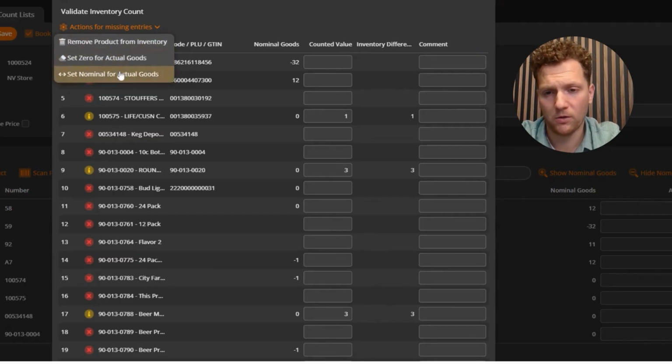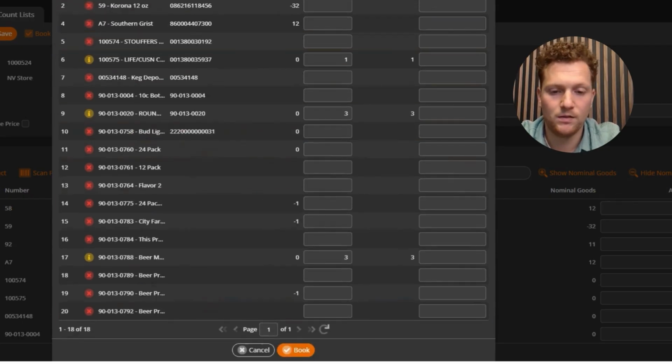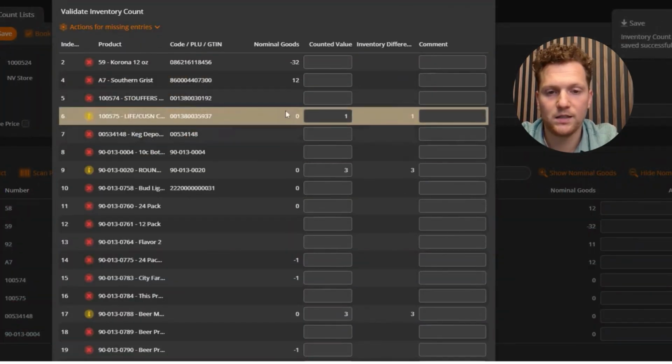This is especially useful for certain use cases with annual inventories. So maybe you do a yearly inventory and perhaps this year you get 90% of the way done with it and you realize it's getting to your busy season. You're not going to have enough time to finish the rest of the annual inventory for this year. So you want to leave the other 10% untouched, but you want to correct the 90% that you did complete. This would be a great use case for that, as it will allow you to book the inventory and lock in that progress without having to sacrifice all of it over just 10% that you weren't able to complete. So I can select book here, and it's going to tell me I can't because there's some